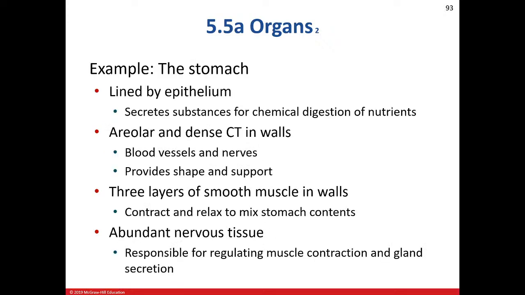All right, so it is lined by epithelium, and this epithelium secretes enzymes for digestion, also secretes acid for digestion, for breaking down foodstuff to release nutrients. There's areolar and dense connective tissue in the walls. The blood vessels in the walls are made up actually of endothelium, which is an epithelium, but